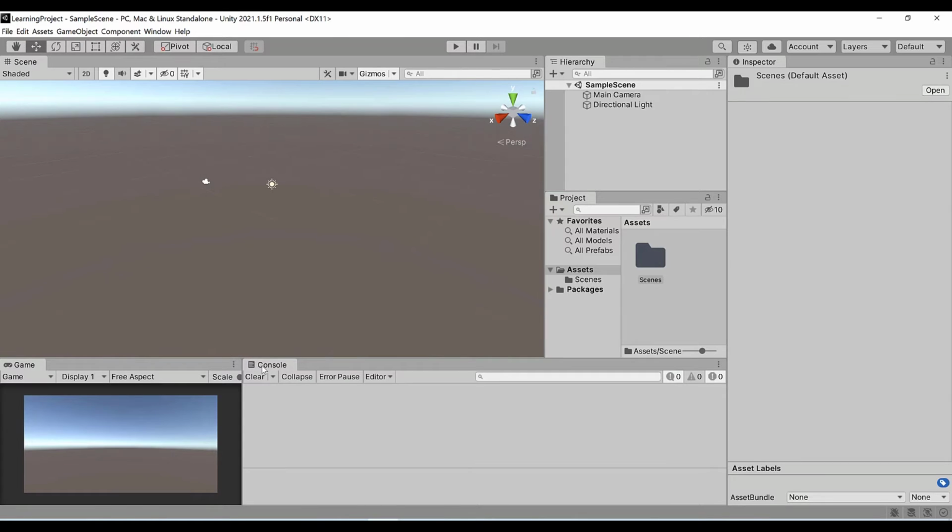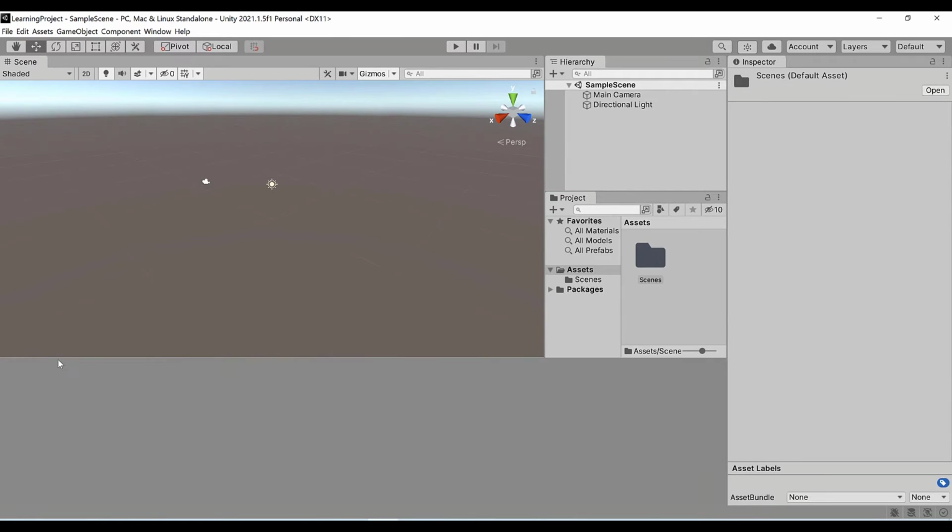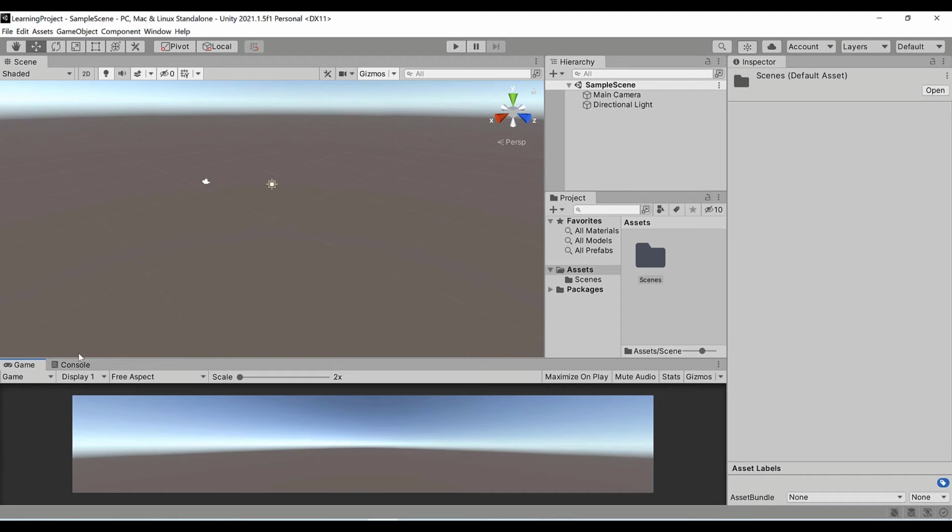So there it goes. Let me just put the console window next to the game window. So this is how it is going to look. Here goes the hierarchy window, the project window, and the inspector. Now the good thing is you can save these window settings by going